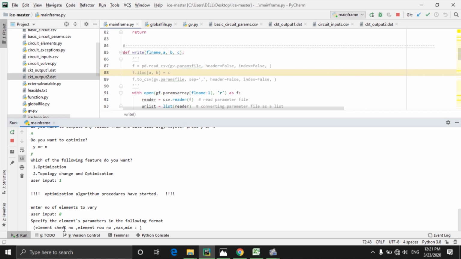Now we have to specify some parameters. Here we can see how to specify. The format of specification is given here. That is, first we have to specify the element sheet number, comma, element row number, comma, maximum value and minimum value. So element sheet number means